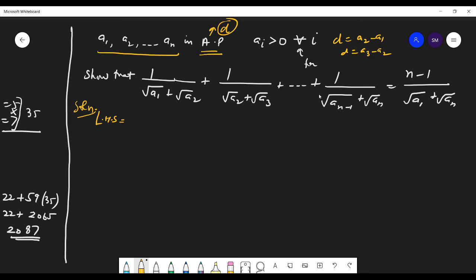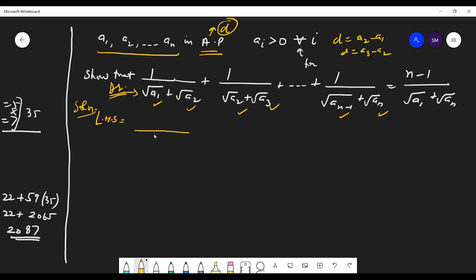So how can you make use of this a2 minus a1? How can you make this a2 minus a1 here? And this is a3 minus a2. And this is an minus 1. What can you do for that? Yes, we can rationalize. That's the only way, because this is suppose x plus y, so multiply it with x minus y. So this root will be removed and it will be x square minus y square. So you are right, Anshita. So let us rationalize, let us make the denominator a rational number. That is the meaning of rationalization.